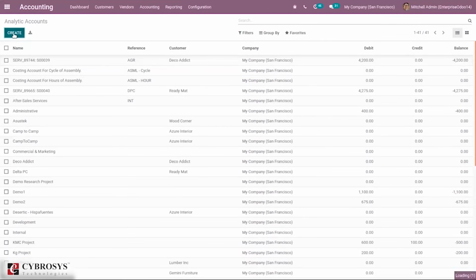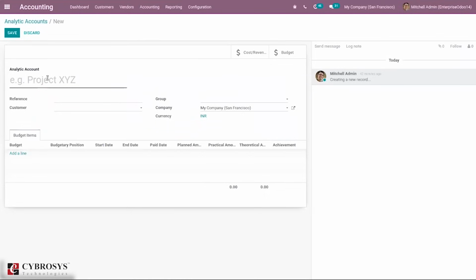When you click create, you can see a page to add the analytical account name, reference, customer, then group. Then we can add budget items here, and we can also manually create a budgetary position from here. After creating accounts, you can see the cost and revenue, and manage the budget of the analytical account.